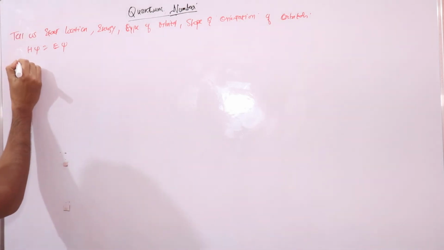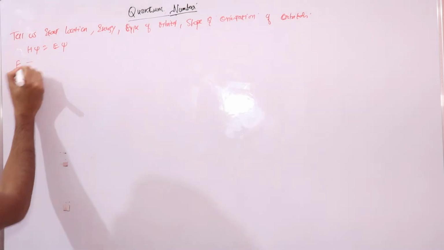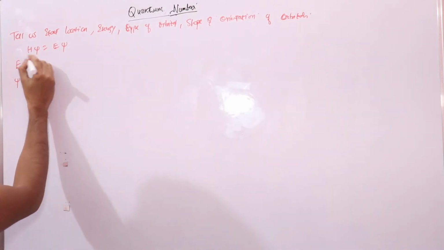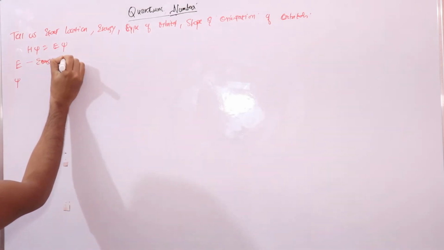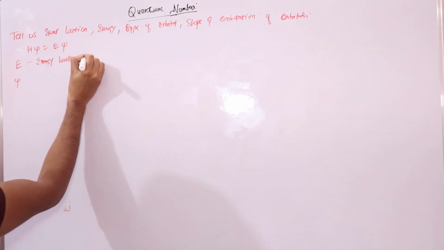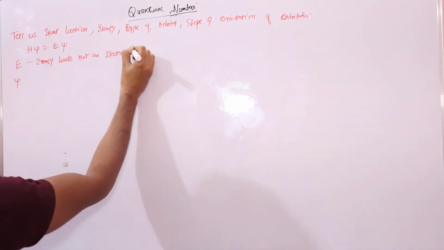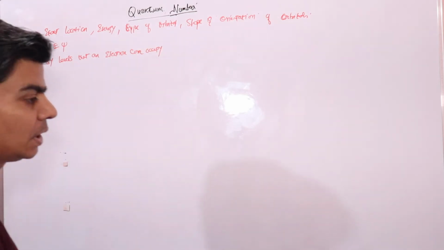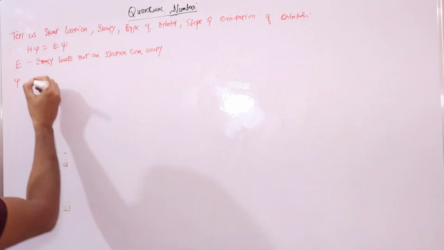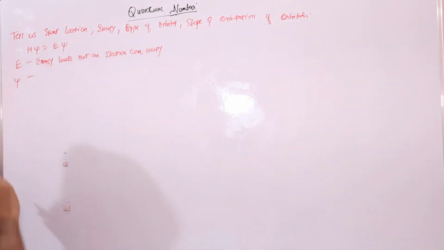And we have discussed that the value of E will tell us the energy levels that an electron can occupy in the hydrogen atom. Now the value of psi will tell us